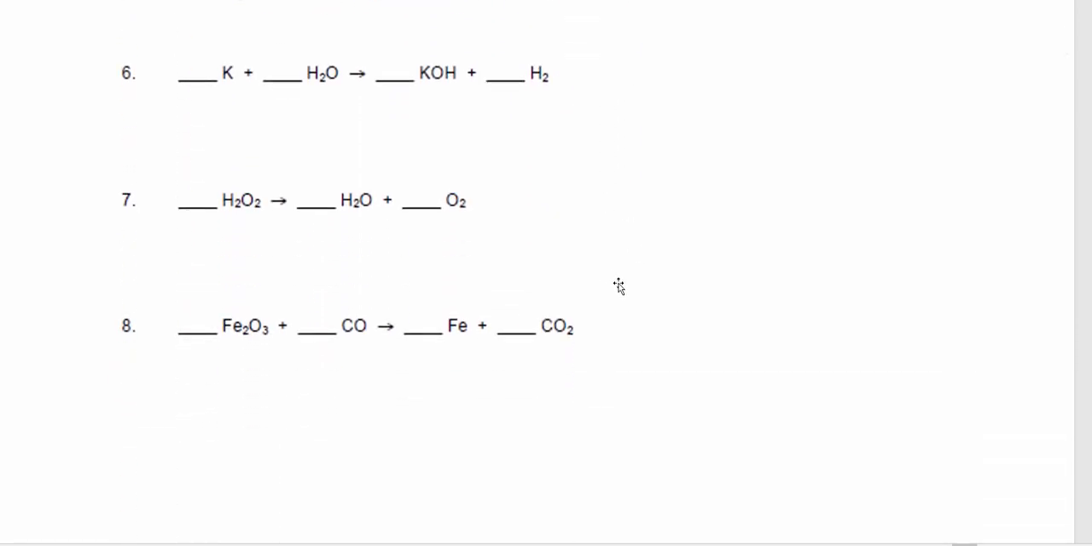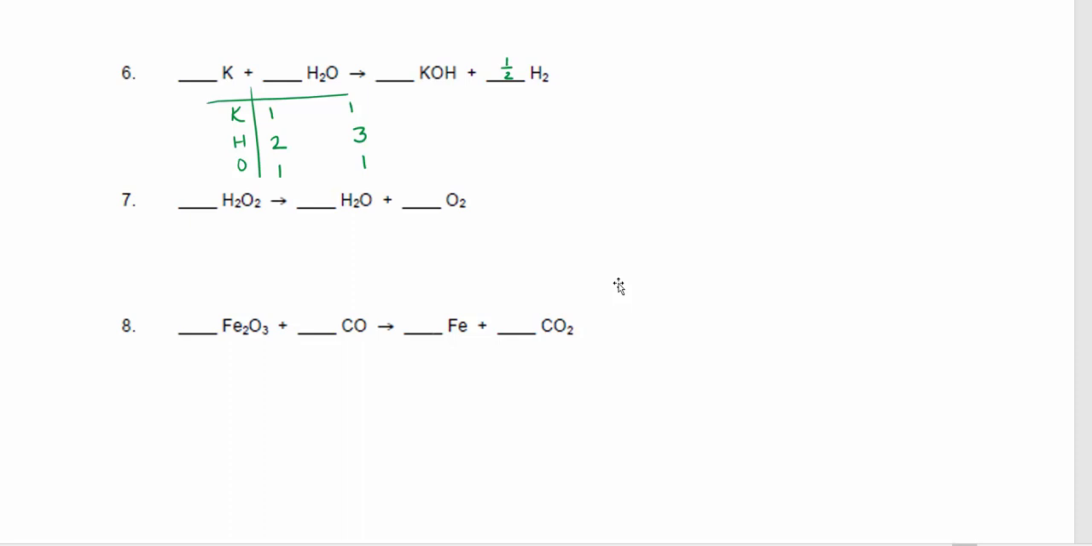Number 6, we have potassium, hydrogen, and oxygen. On the reactant side, I have 1 potassium, and on the product side, I have 1 as well. I have 2 hydrogen atoms on the reactant side, but 3 on the product side. And I have 1 oxygen on both the product and the reactant side. So how am I going to get those hydrogens to balance? Well, it would be convenient if I could decrease this by 1, if I could basically cut it in half, but I can't do that because